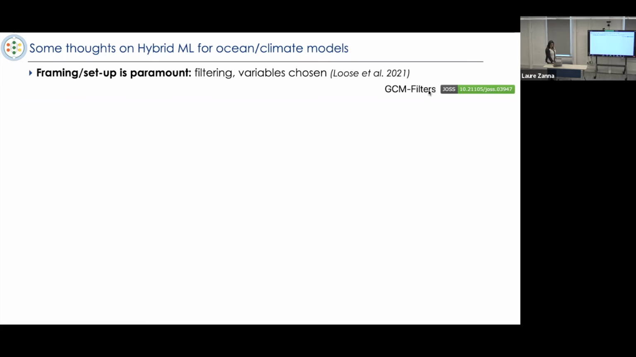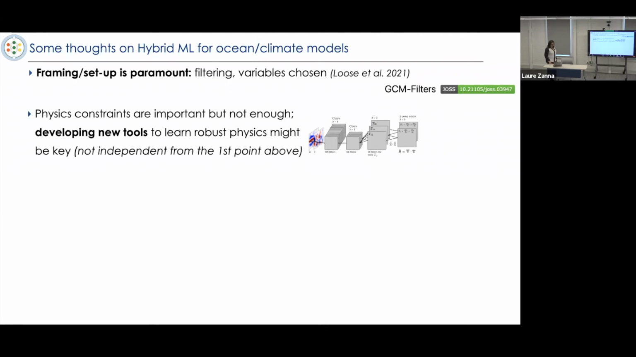Ryan was saying a few of us are interested. So there's a package, GCM filter, that can help you if you use ocean models with geometries and so on to actually deal with these filtering issues and how to do it. Physics constraints are pretty important, but they're not enough, right? So developing new tools is going to be very important. And so that's why this kind of dialogue between different